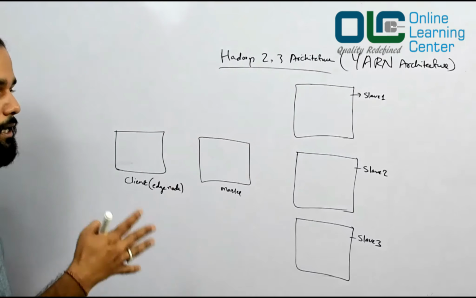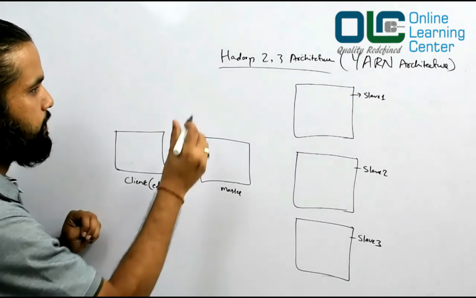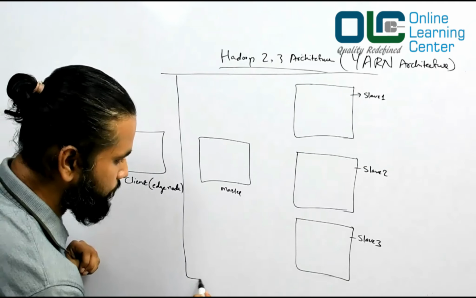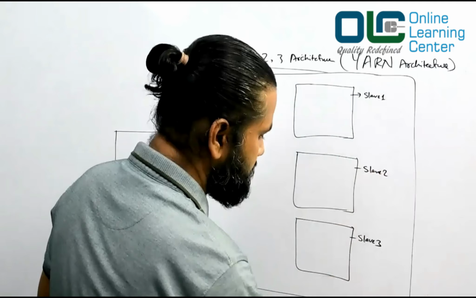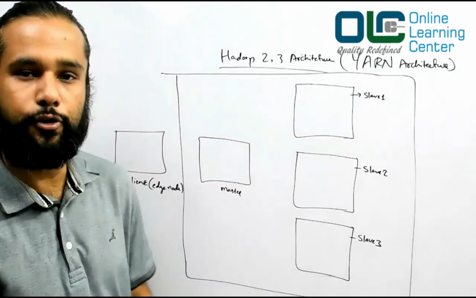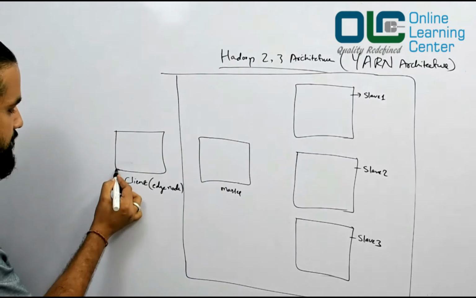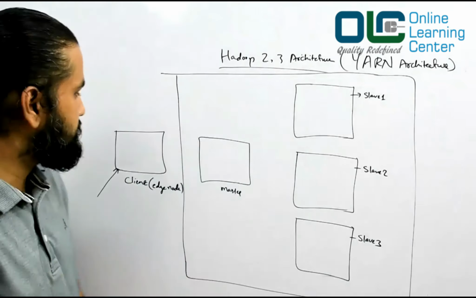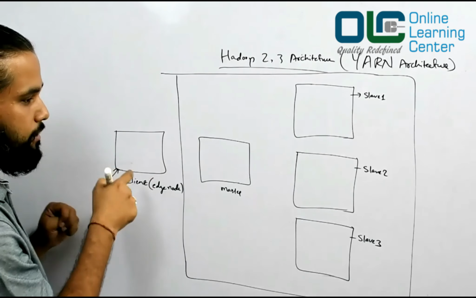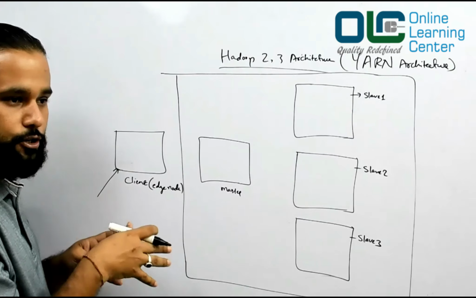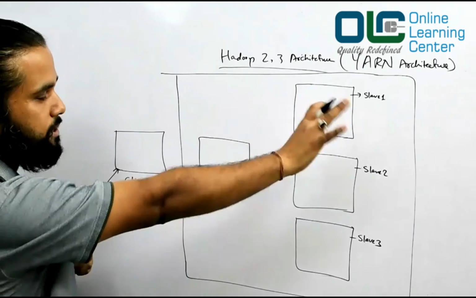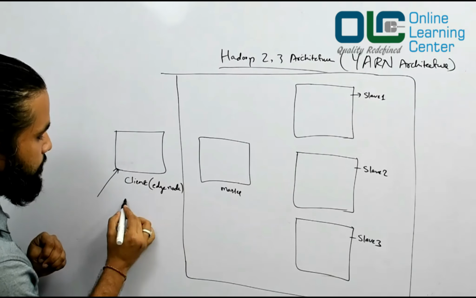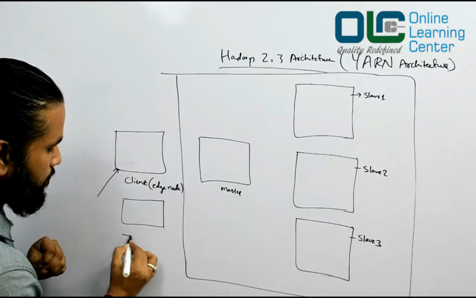Typically in real time, when you work in a company, you get to see a Hadoop cluster which you have no knowledge about, and you don't take care of it. There would be admin folks, the DevOps team, who would manage this entire cluster for you, and all you will be given is access to this client machine. Whatever command you write here would be converted into a MapReduce job or Spark job and so on, and they would be submitted to the whole cluster. These are called your client, and you can have a lot of edge nodes in your production.